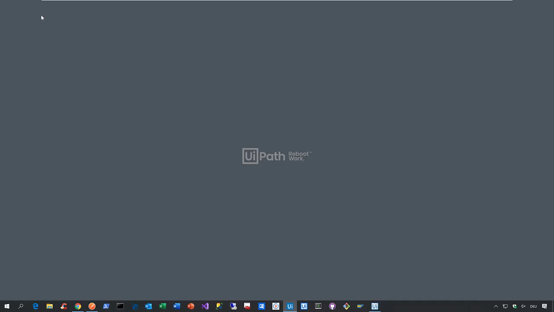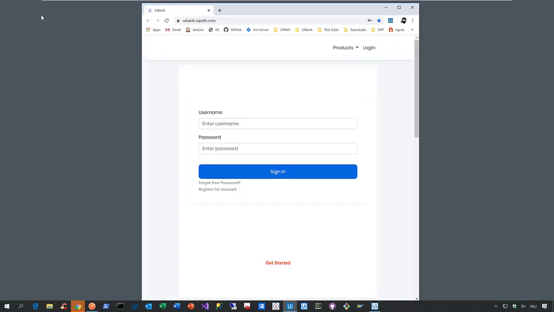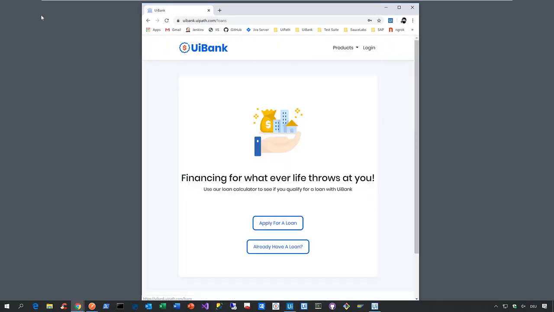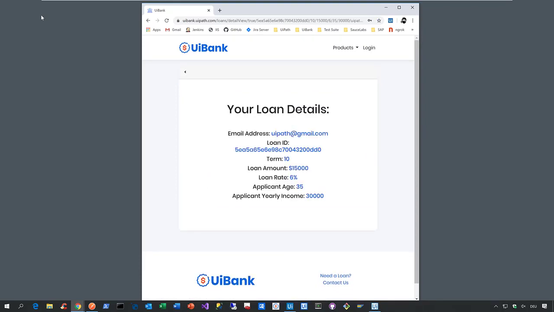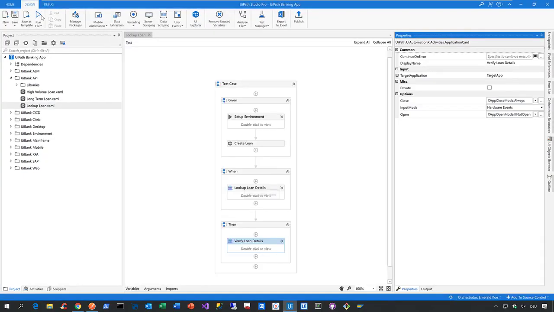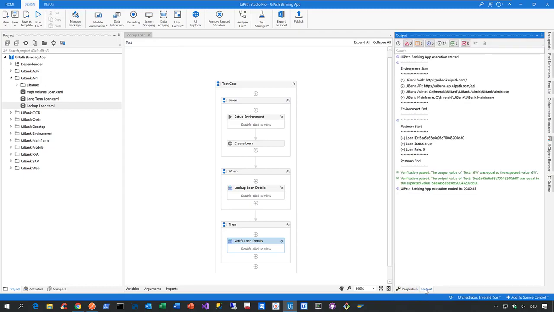Then Studio collapses, the robot starts, and we create the loan quote via the API. This usually happens in milliseconds, already done. Then we launch our web application, we click on loans, and we look up the loan with the loan ID we just created and validate the details. That's basically it. That is how fast and how easy it is to, for example, pair automation on the user interface and API automation. So if you go back to the project here in Studio and click on output, you can also see in the output